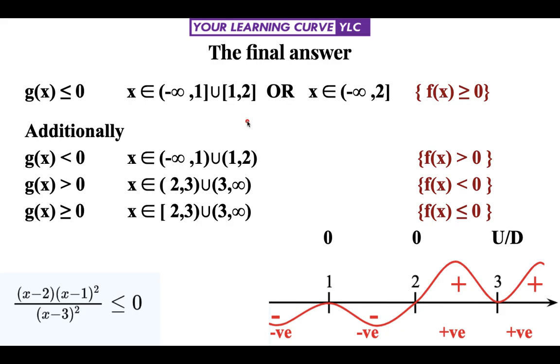Then you decide whether the end points are to be included or to be excluded. And one more thing, minus infinity or plus infinity is never included in your answer, as these numbers are not achievable. Now let's see, g(x) is less than or equal to 0. We first write down the interval.